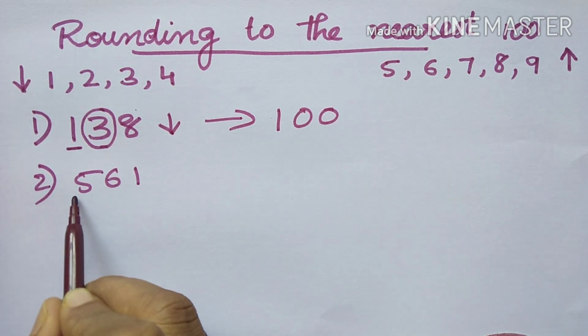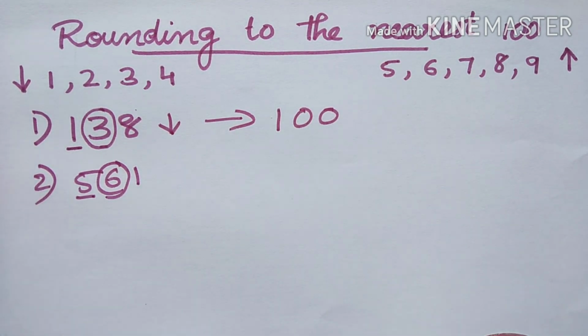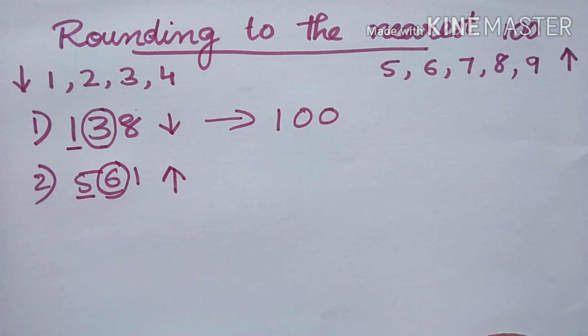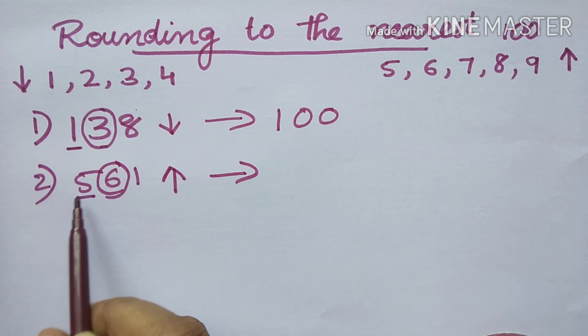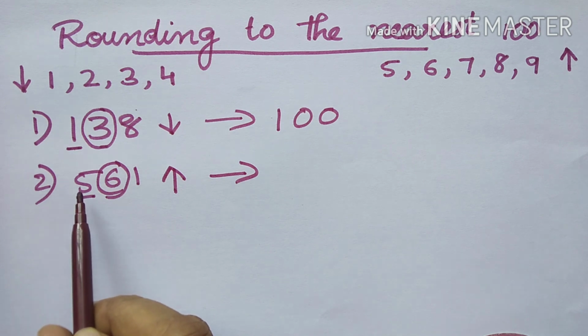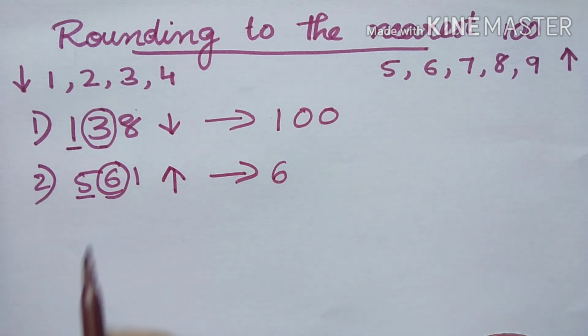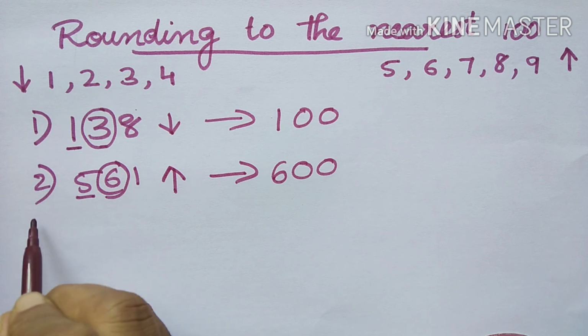561. Underline the number in the hundreds place and see the number next to it. The number next to it is 6. 6 is greater than 5. So we can round up. Round up means you have to add 1 to the number in the hundreds place. That means the number that comes after this number is 6. So write here 6. For balance number you can put 0. Third example,